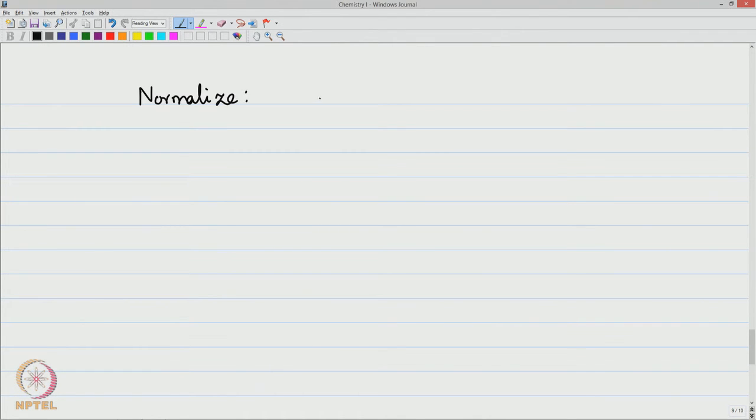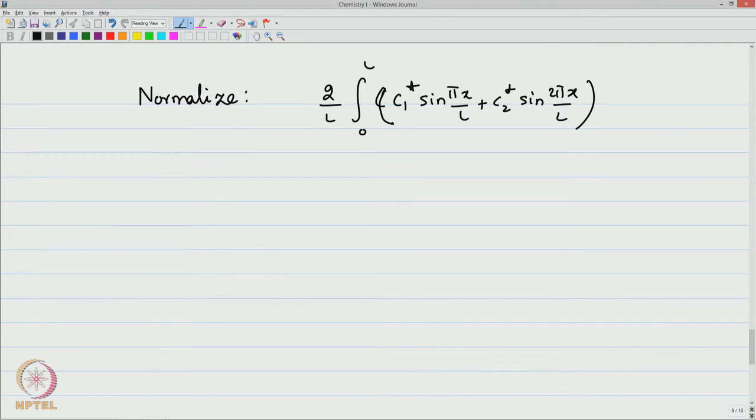The wave function square is 2 by L integral 0 to L of C1 star sin pi x by L plus C2 star sin 2 pi x by L. This is psi star, multiplying psi, C1 sin pi x by L plus C2 sin 2 pi x by L,